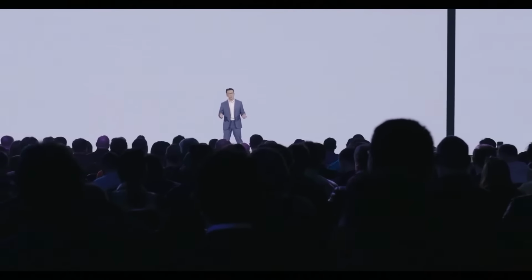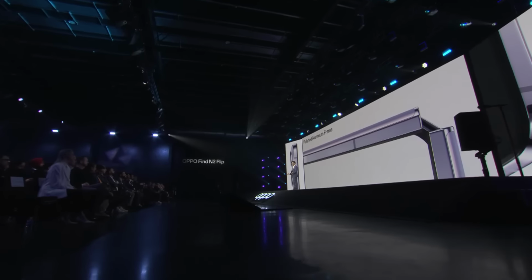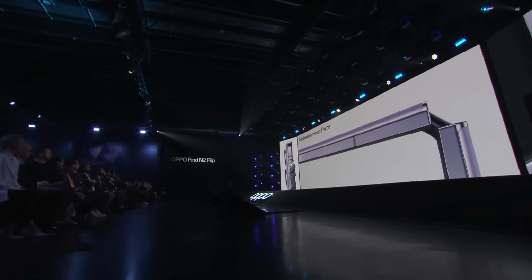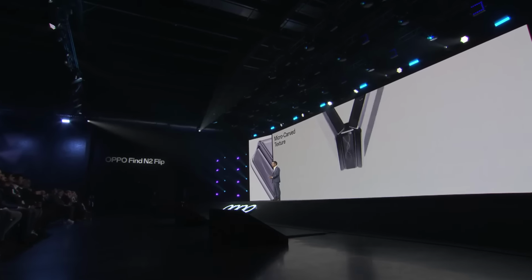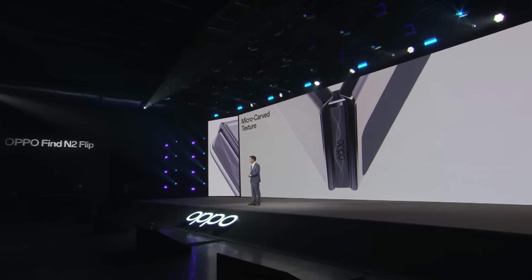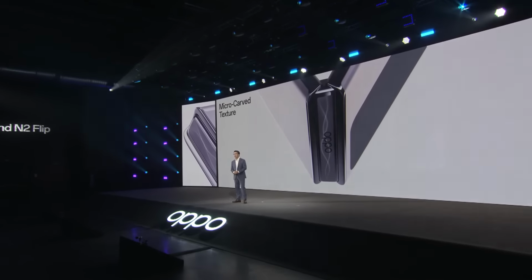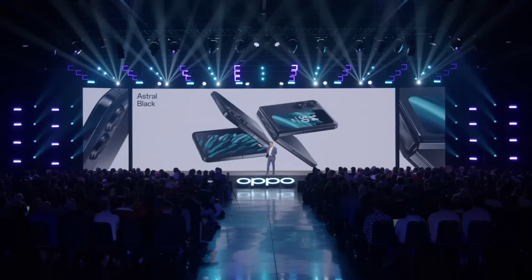The phone looks beautiful with simple, flat, polished aluminum sides. We've also added a unique hinge design. It has a micro-curved texture inspired by flowing waves of water. Find N2 Flip is available in 2 colors. The first is Astral Black,